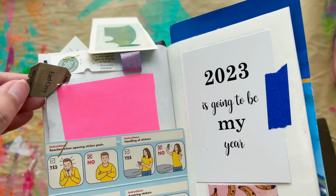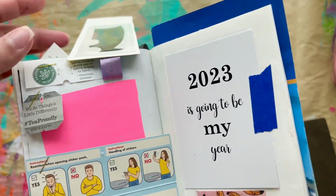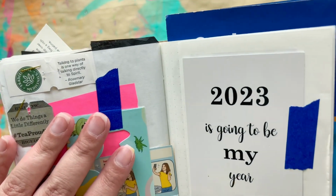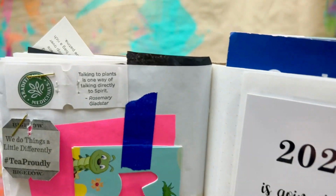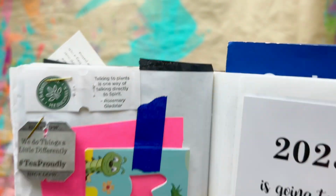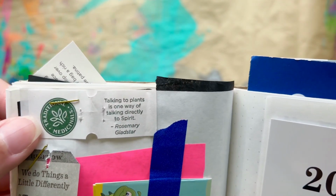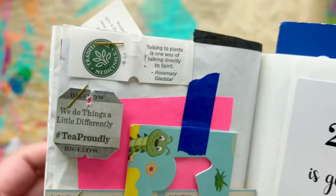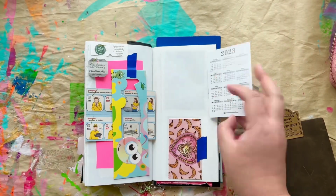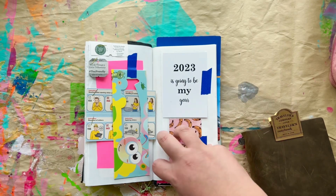And some Bigelow tea. I got Earl Grey. I'm not a fan of the Bigelow. I prefer Twinings, or Twinnings, if I do say so myself. This is a cute little quote from another tea, Traditional Medicinals. I think it's the echinacea sinus tea. It's really good. A calendar, and then some